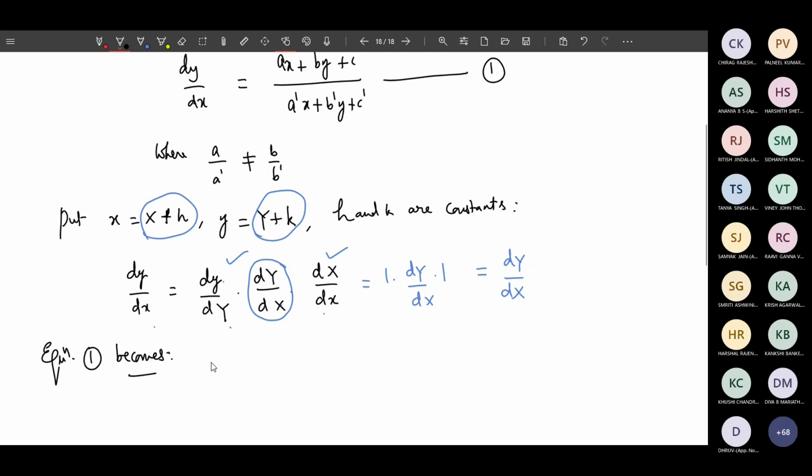Left hand side dy by dx. In equation 1, a plus or minus sign will come. That will come, but assume that I am treating it as plus right now. Minus can be handled in a similar way. So it is the same for both. That's why I ignored that at this moment.